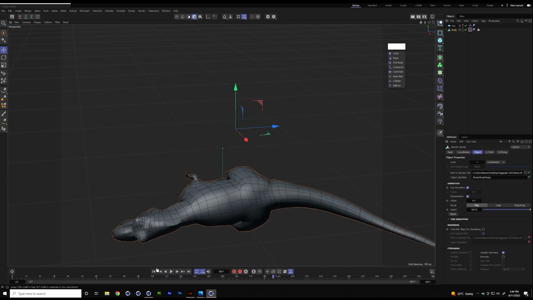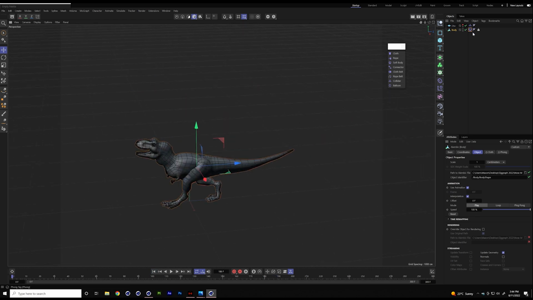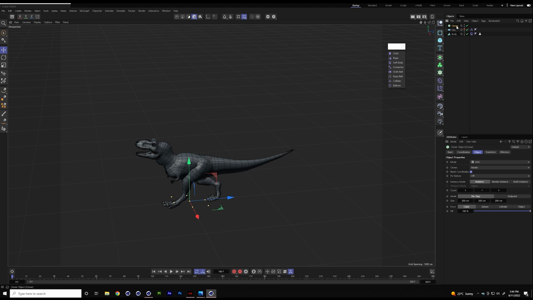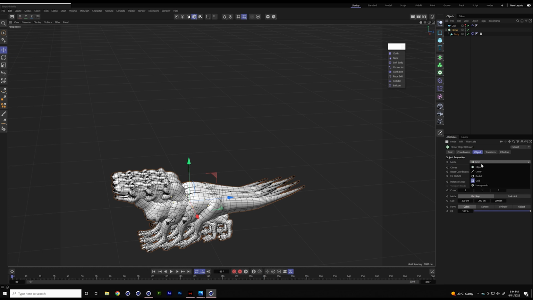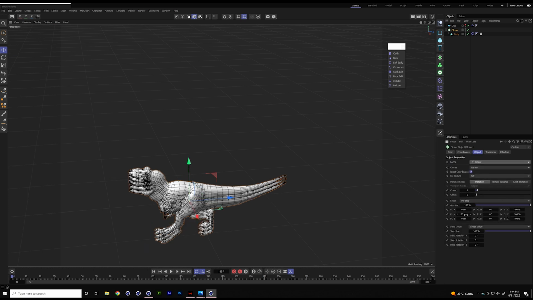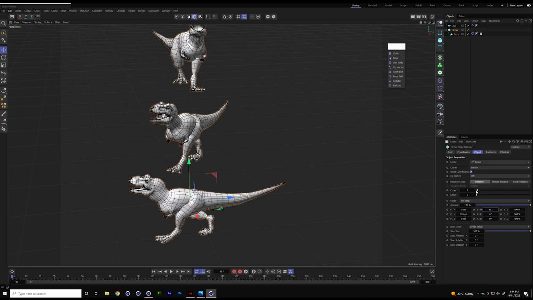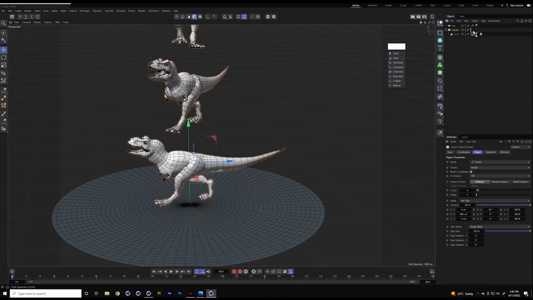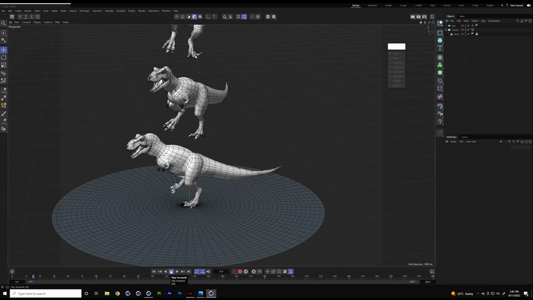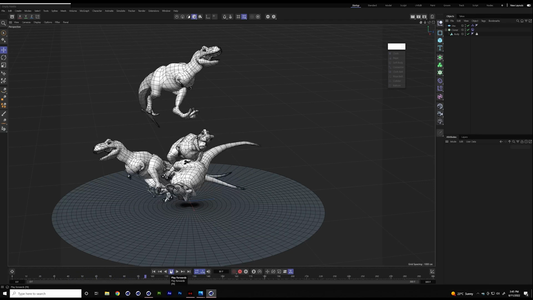Actually, I'm going to say one more thing, just because it's fun. I'm going to take our little dinosaur here and make copies of our little dinosaur. Now, if you want to clone things, I'm going to show you how you can do that. I'm going to move this dinosaur up, maybe rotate him a bit, add, let's say, 4 dinosaurs. Raise it above the ground. Good. And let's put the simulation on the cloner. And we're going to see that we have a lot of dinosaurs falling on each other.